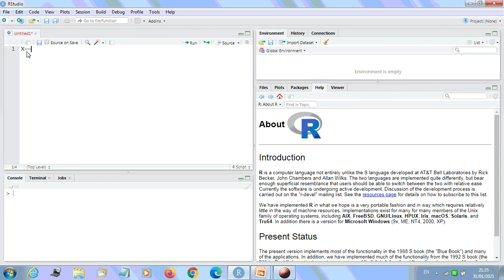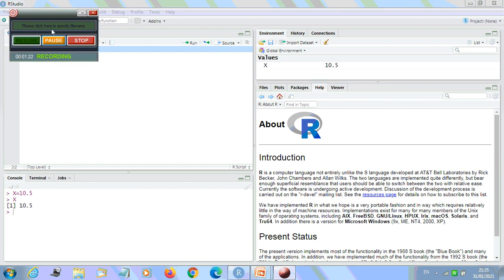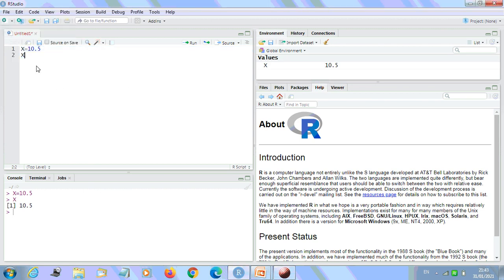Here I am assigning 10.5 and printing x. See, we have the value 10.5 printed here. You can also see the variable name here. All global or local variables we have declared can be shown here itself.